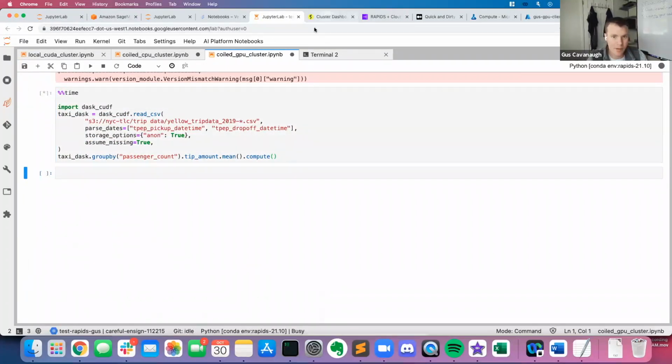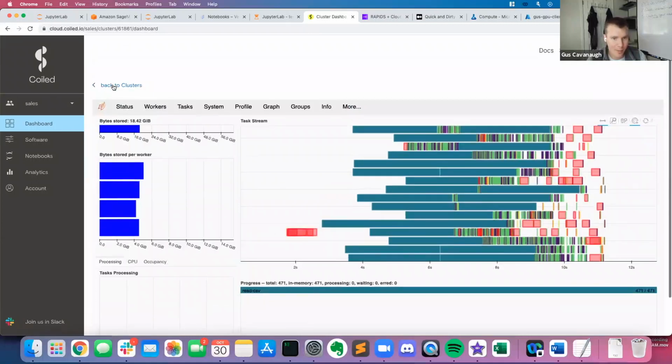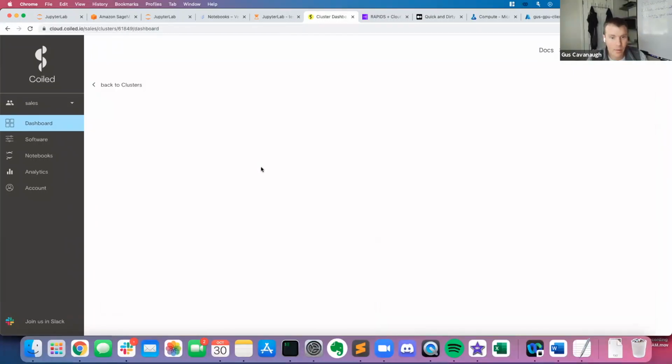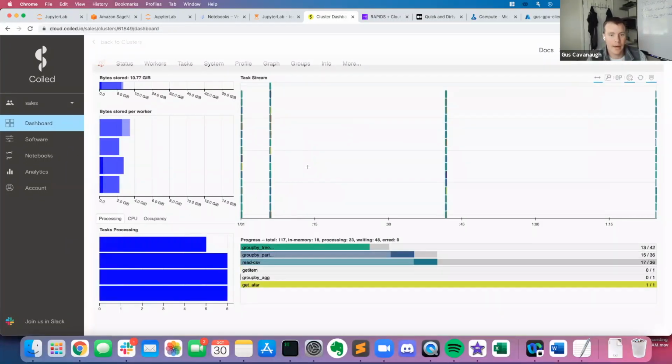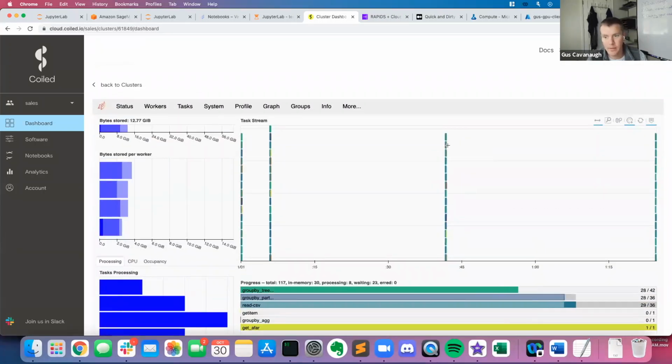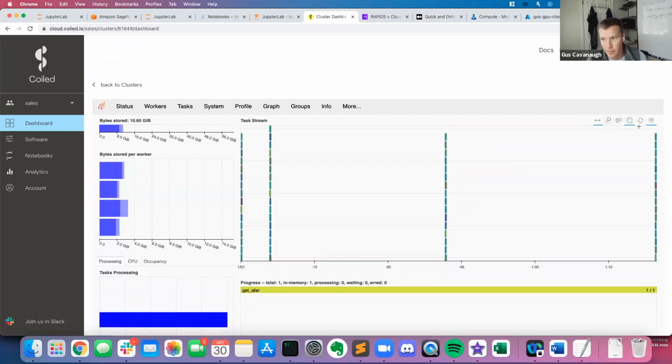So let me run this jump over. Hopefully it isn't finished by the time I get there, because it's going really, really fast. And you can see on the GPU, this is going to execute much, much more quickly. These are those same tasks. They're just flying through. And in the Dask dashboard, there's a ton we can do here to zoom in and